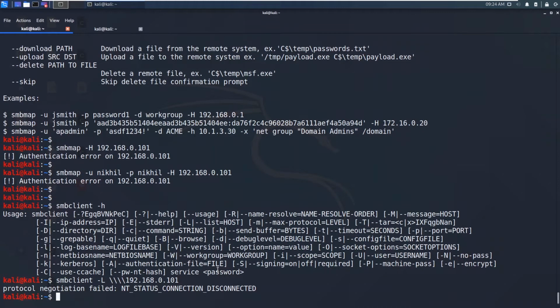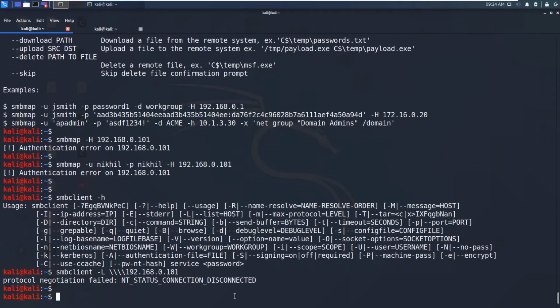So you can see this protocol negotiation failed, disconnected. This is the error I got from this Kali Linux 2020 machine, and I searched for this error and I have got the solution. What you want to do is put double forward slashes.